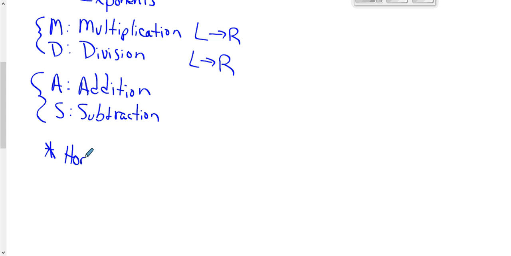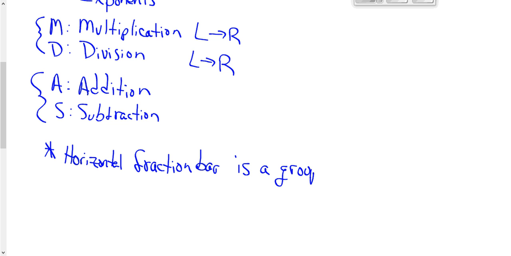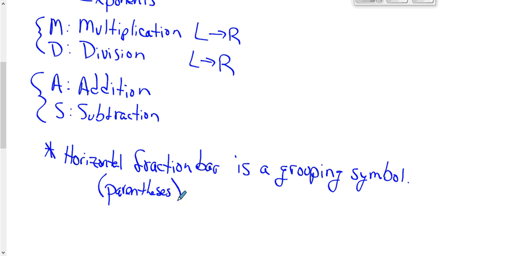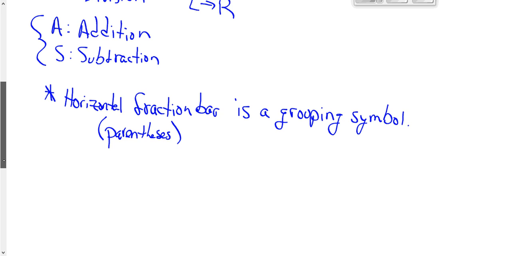A horizontal fraction bar is a grouping symbol. Okay? It acts just like parentheses. Just like as an example,